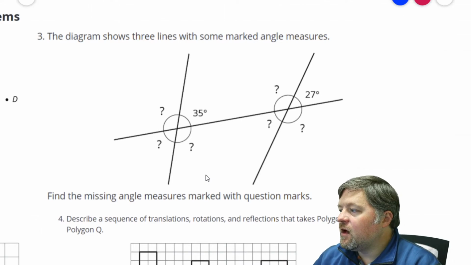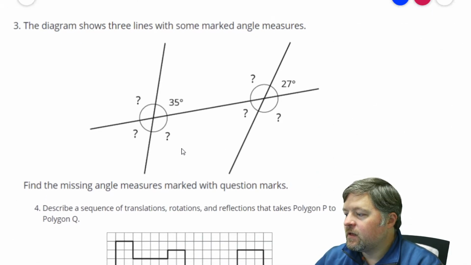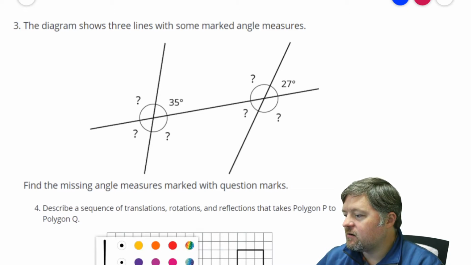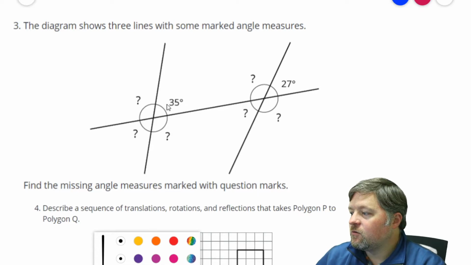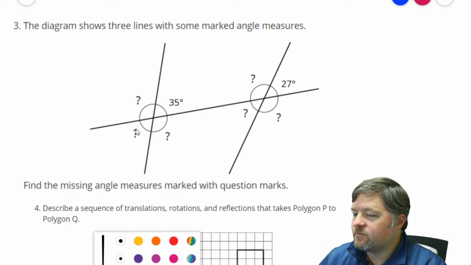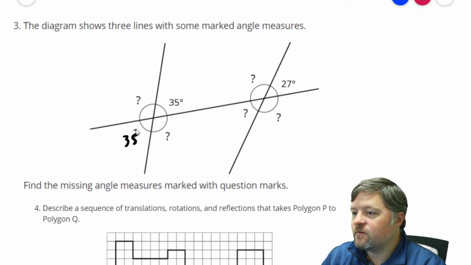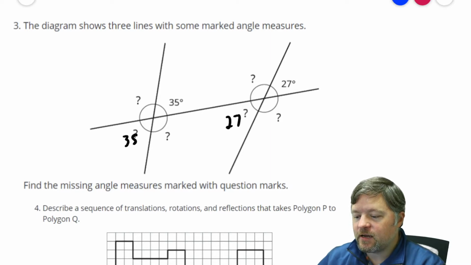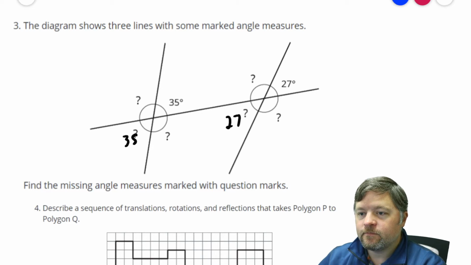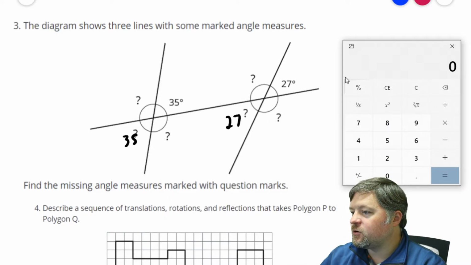The diagram shows 3 lines with some marked angle measures. The first angles we can think about are vertical angles, which means the angle across from an angle when 2 lines meet. So if this one is 35, this one here also has to be 35. This one is 27, and the one across from it also has to be 27. Now, because this is a straight line, this angle and this angle have to have a sum of 180. They have to add up to 180. How do we find out what adds up to 180? We can just do